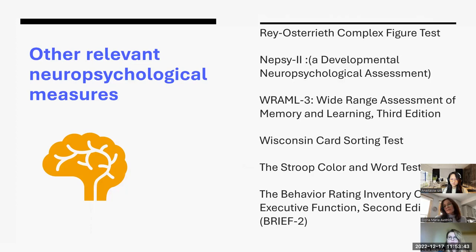The Behavior Rating Inventory of Executive Function, second edition. This is a questionnaire form assessment, and it really does a beautiful job in looking at the various aspects of executive function. And the parent can complete one, the child completes one, the teacher can complete one. And it goes through all the aspects of executive function. So executive function basically is the brain's capacity to sort of manage itself. And there are various areas. It's your ability to initiate a task, so to start a task. Some kids start something right away. Other kids, it takes them forever just to get started on a task.